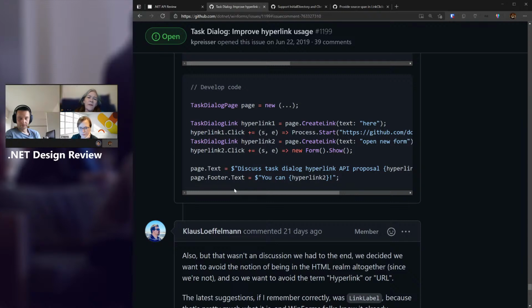Right. Well, I could also imagine that you support the efficient model of having the task dialog page track the hyperlink and the other bits, while simultaneously allowing the user to construct objects and pass them in, and internally the dialog page just puts them into that page. But the user also has the option to say, I just want to use that directly. Then you have this nice model where the user gets to pick the thing that's how it actually works, and I don't have the overhead of task dialog link.